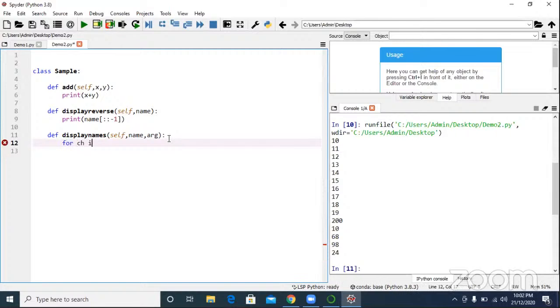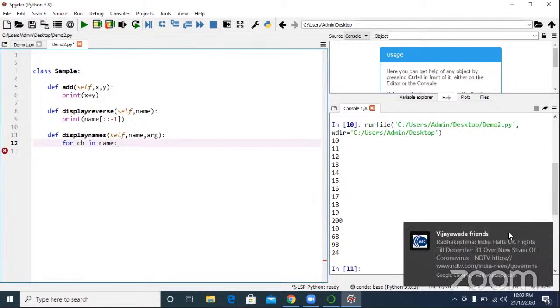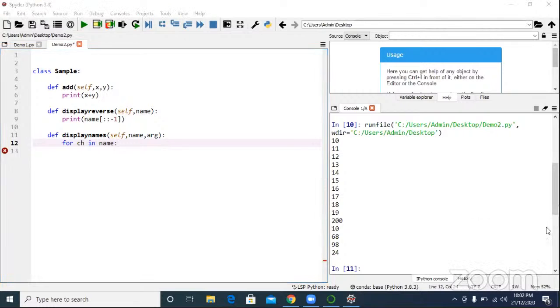For ch in name. I'm getting each and every character from the name. I don't know what the name is, that we will see.